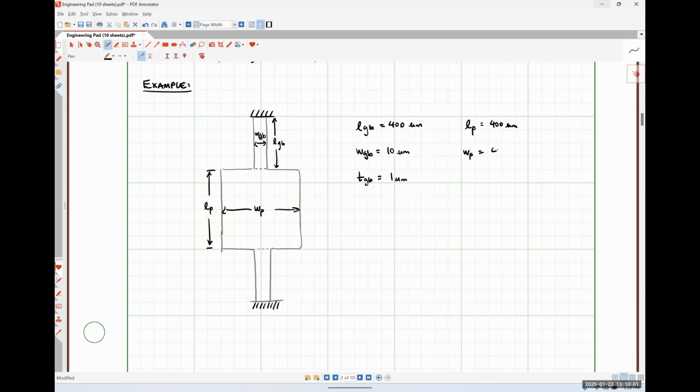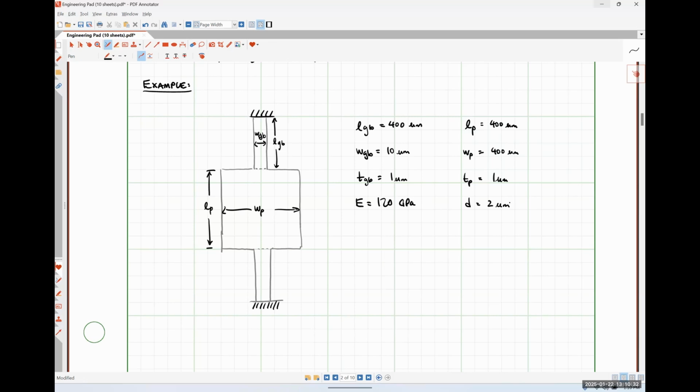Our width is 400 microns. Our thickness is 1 micron. Let's also say that the Young's modulus for whatever material this is, is 120 gigapascals, and the distance separating our plates in this system, so there's going to be one below it that we can't see,